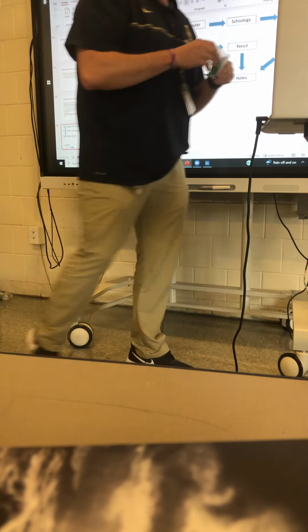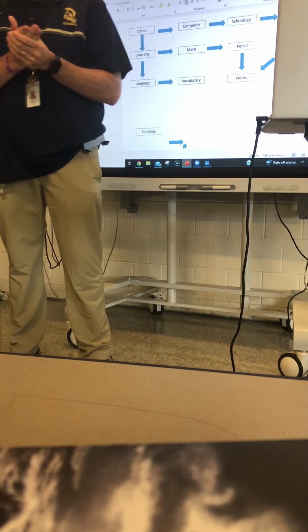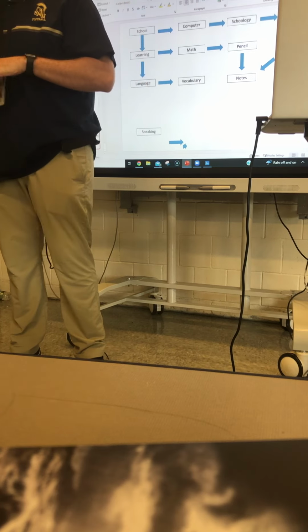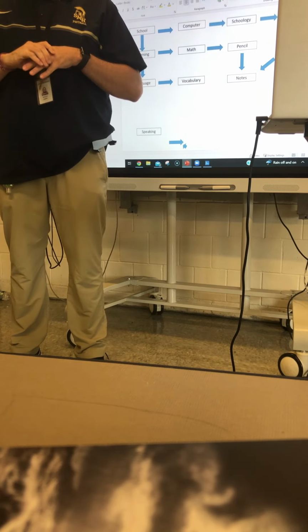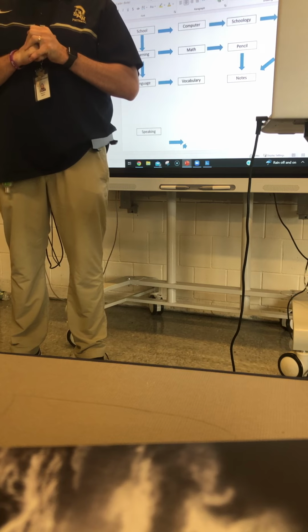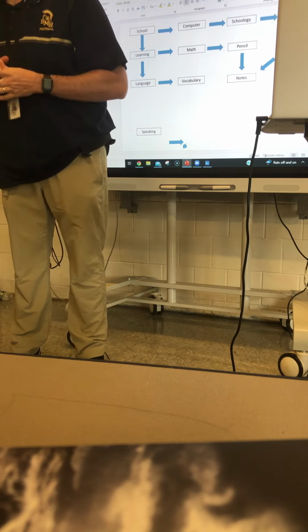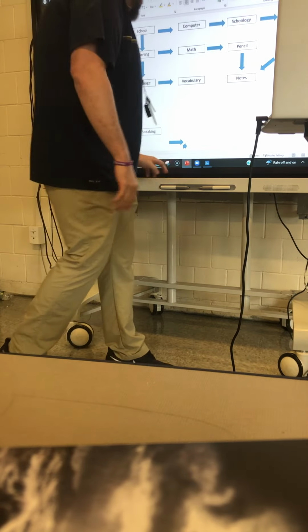Okay, so what I want each group to do is empty your bags. I want you to turn over all of the words so you can see them. You can make a pile of the arrows, but you need to see all the words. Every group is going to start with the same word. What word are we going to start with? We're talking about immigrants today, so not school. We are going to start everyone with the word immigrant.